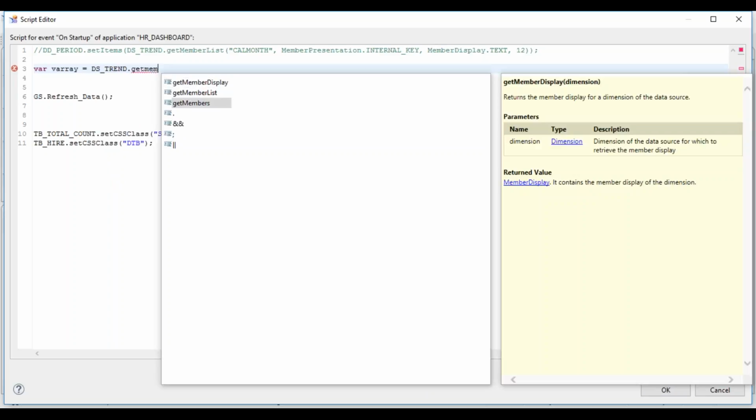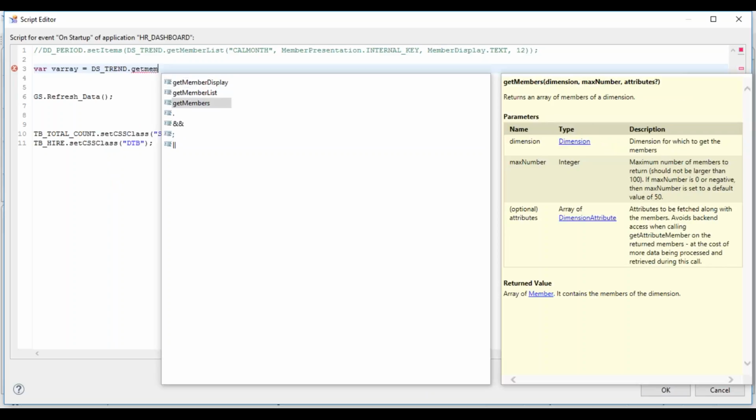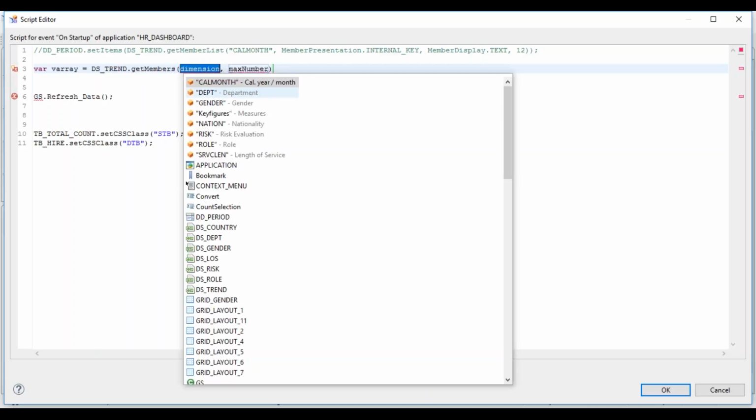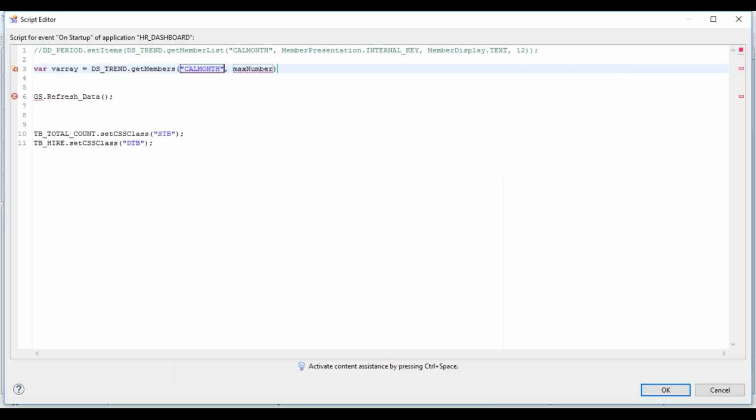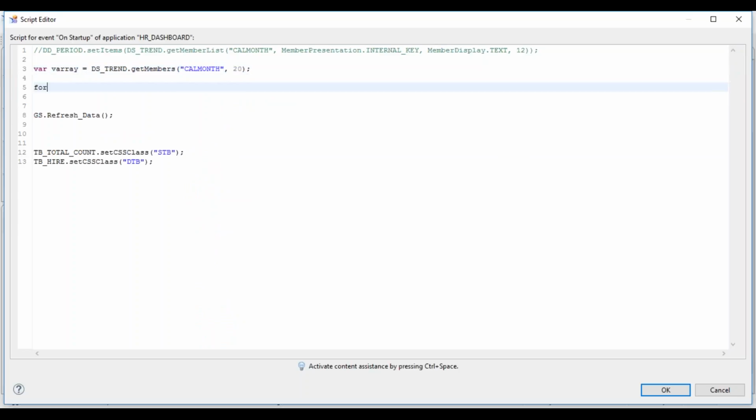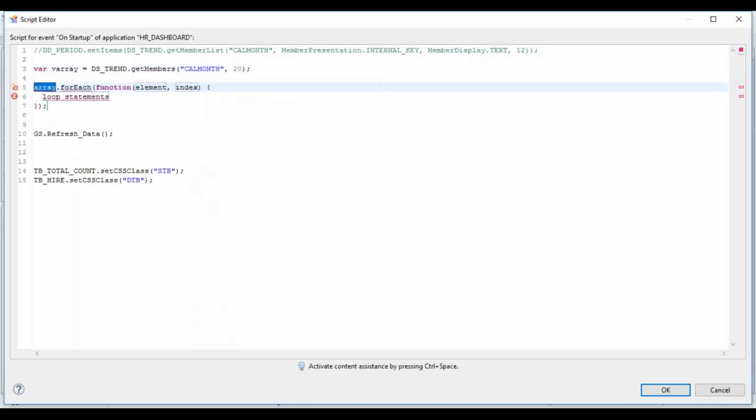So this will give me the array, and I can select the dimension, CalMonth, let's say 20. So I have 20 values in my array now. Now you can loop the array by giving the array name dot forEach. So this is started. Now in the loop you can do the manipulation.